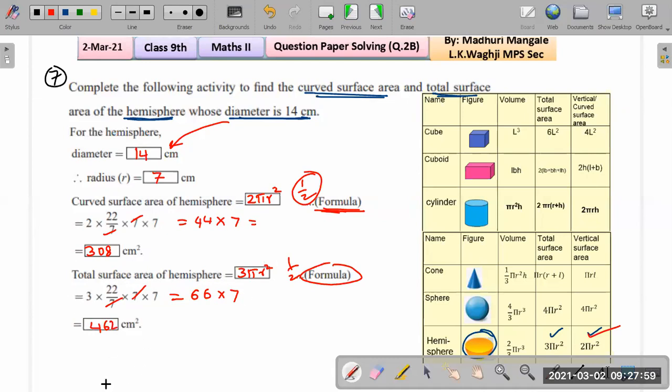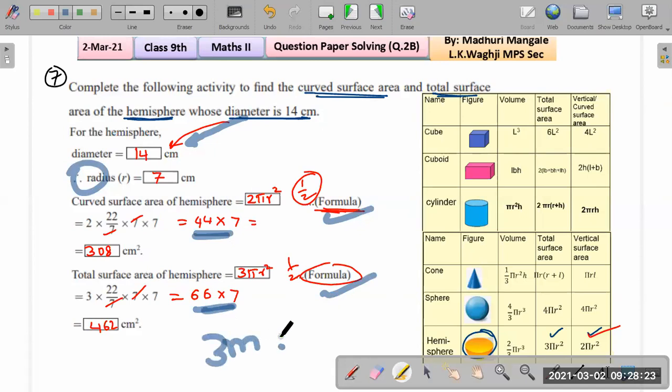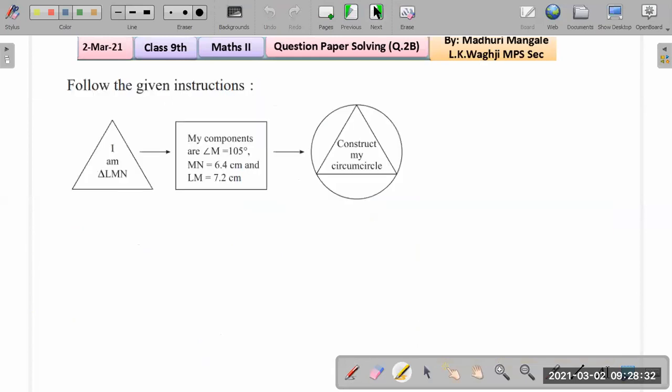Okay, a very simple question. You just had to write what is the diameter. You just had to copy the value here. Then you should remember this formula, that radius is half of diameter. Then these two formulas from the table itself, and simple calculation, students, simple calculation. Is this multiplication very difficult? No, isn't it? So simple calculations can get you 3 marks, just the formula and simple calculations. So please make sure you're practicing or you're working on this table. Okay, we move to next question now.